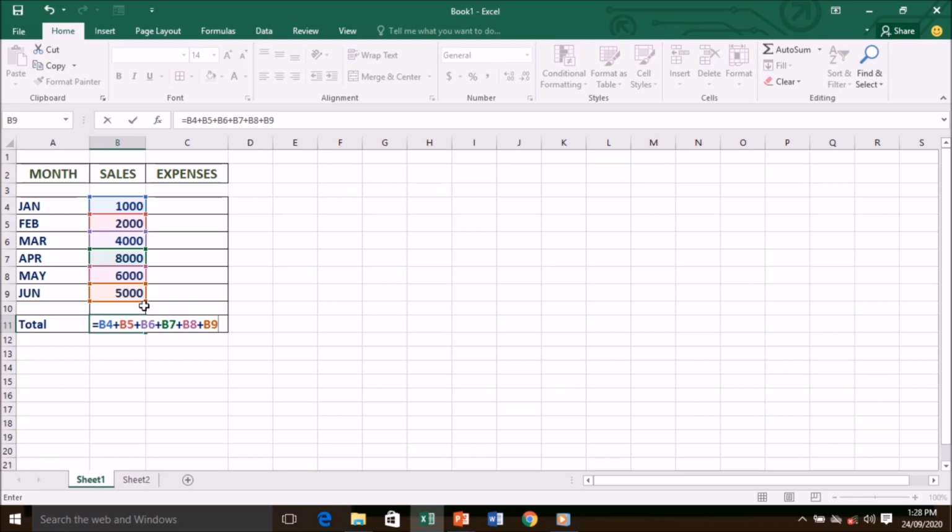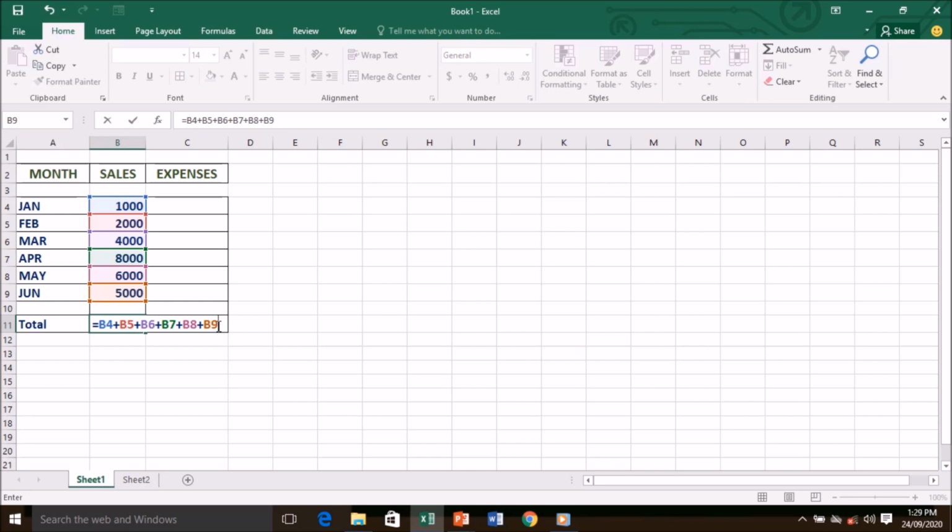So the moment I press enter key from the keyboard, you just see this is appearing here also, formula, and this is appearing here also. This formula we have created. As I told you that formulas are used for calculation. It is not a predefined formula. We are creating the formula. So here we have created, and after this I'll press enter key from the keyboard.